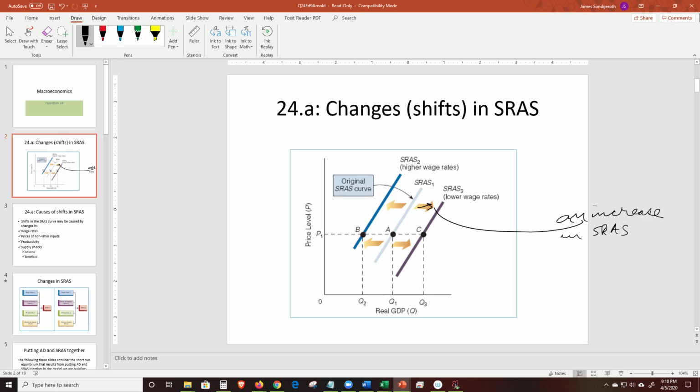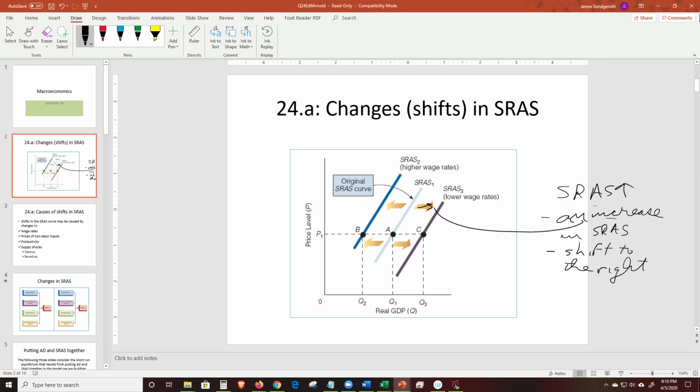That's an increase in short run aggregate supply, or a shift to the right. Here's where we have to be careful. So this is an increase, SRAS,